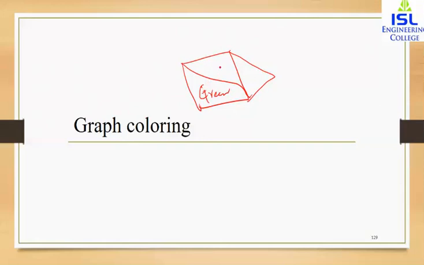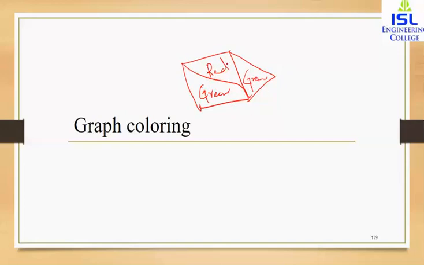But here for the next state, so consider this is a map of some place and it is divided in this way. Now this is green, so I have to make it red. Otherwise, we won't be able to demarcate the boundary or distinguish the boundary. But can I have this region as green again? There is no edge adjacent to this region, so I can make this green again. So basically, this is while you are coloring the regions.